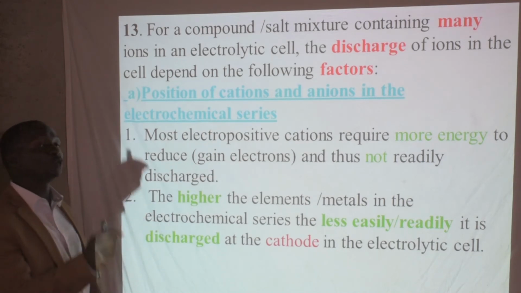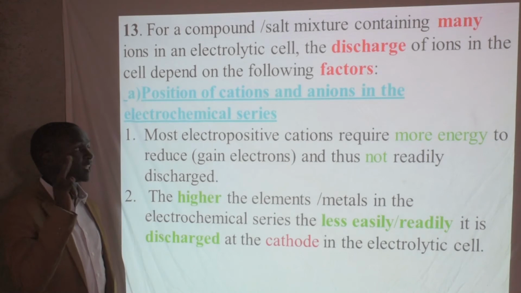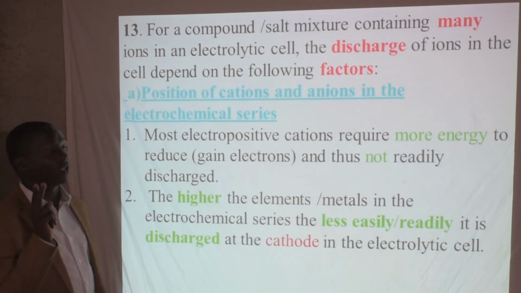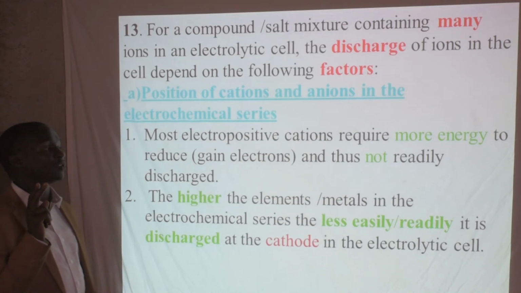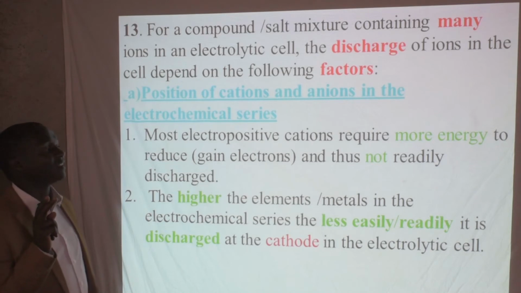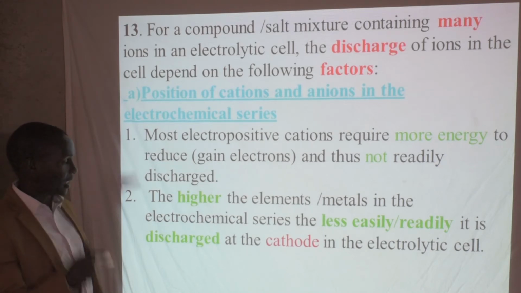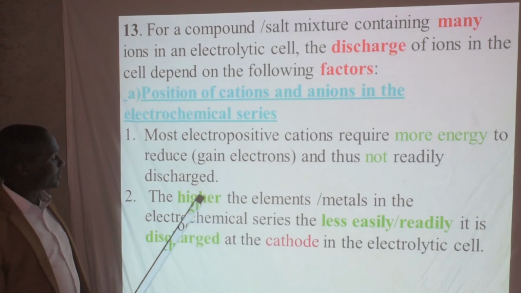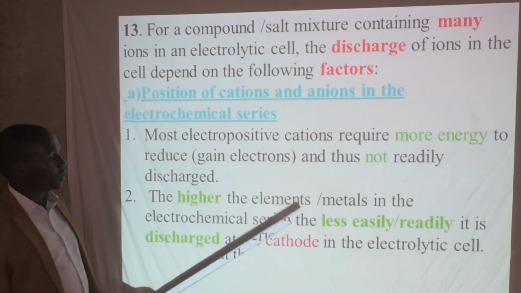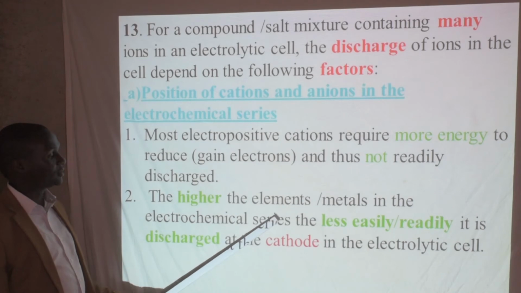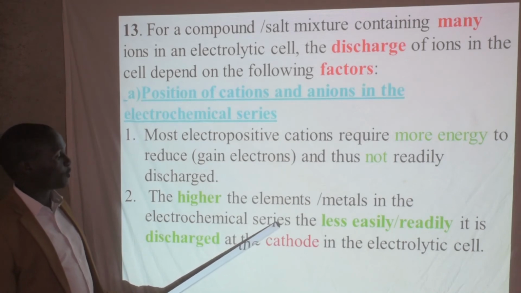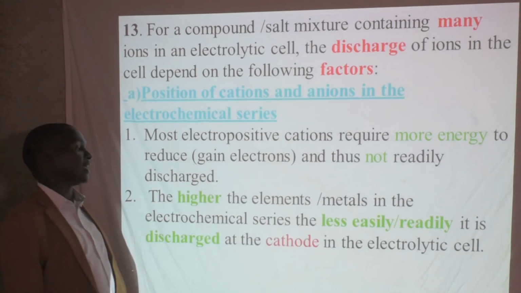So if we have two cations and they want to gain electrons, the one which gains electrons is the one which needs less energy to gain electrons. Then, the higher the element or the metal in the electrochemical series, the less readily